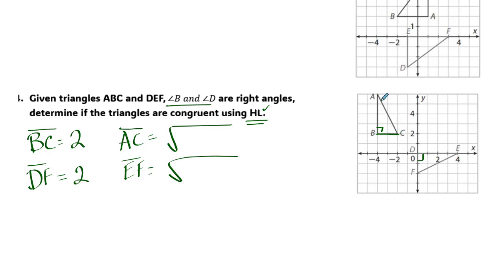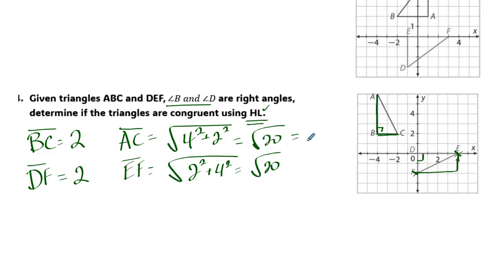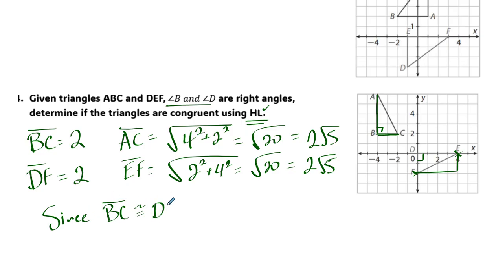So from A to C, we're going down 4 over 2. From E to F, we're going down 2 over 4. So those are both the square root of 20, or 2 square root of 5. Either way, you actually don't even need to take it to that step. That's apparent that those are equal. So since BC is congruent to DF and AC is congruent to EF,